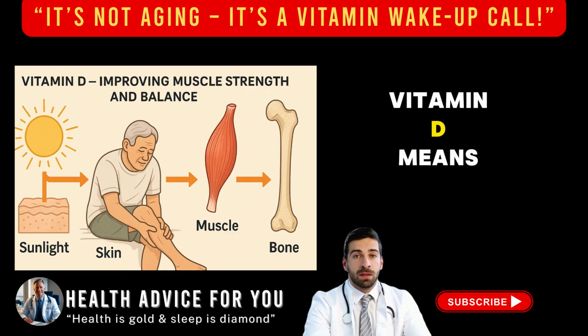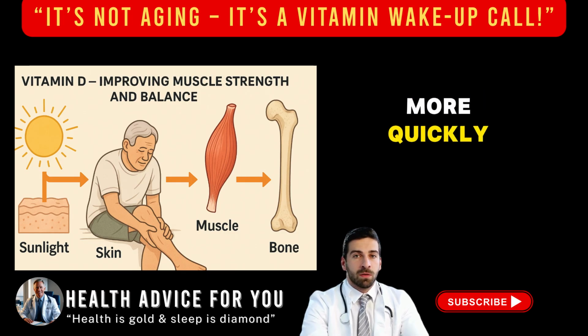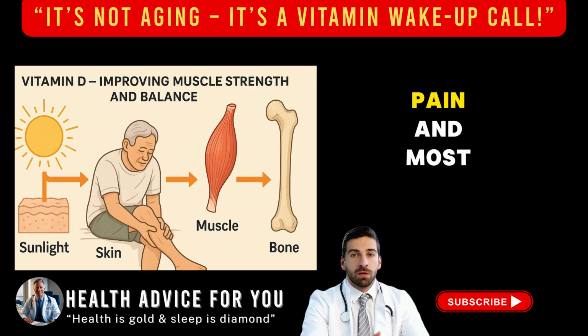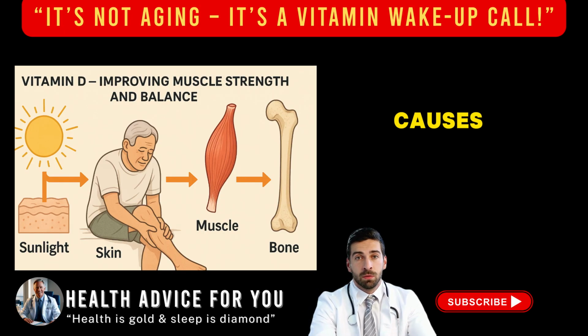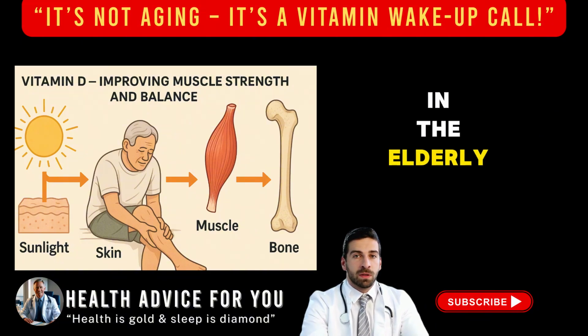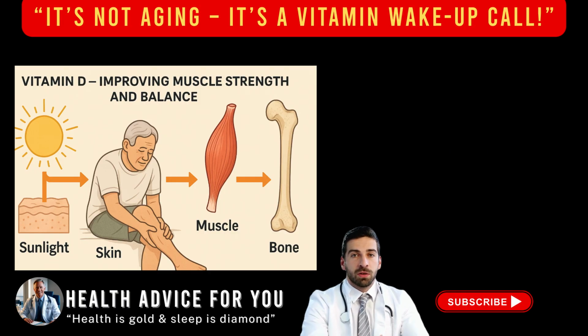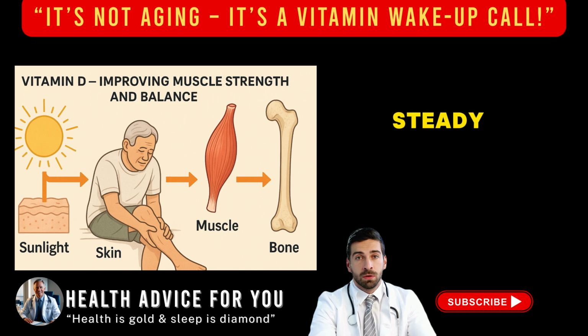A lack of vitamin D means muscles function less efficiently, muscle fibers weaken more quickly, and this significantly increases the risk of cramps, pain, and most notably falls. Falls are one of the leading causes of serious injury in the elderly. Beyond that, vitamin D supports neuromuscular function, enabling quick responses and ensuring that your legs remain steady, even as the